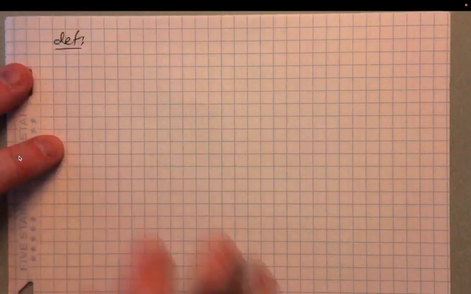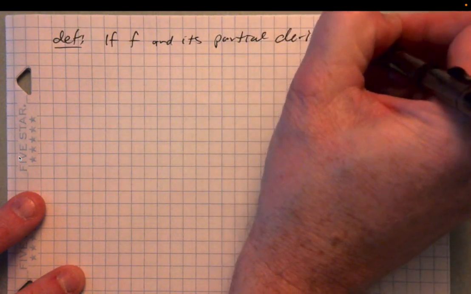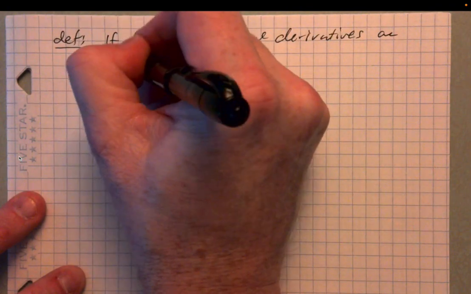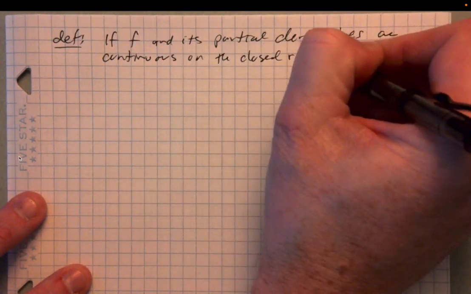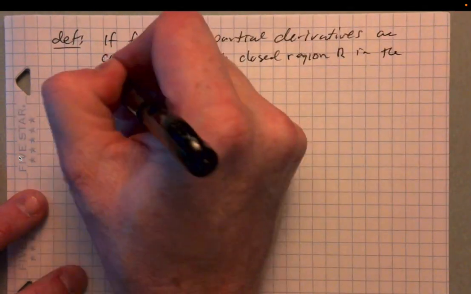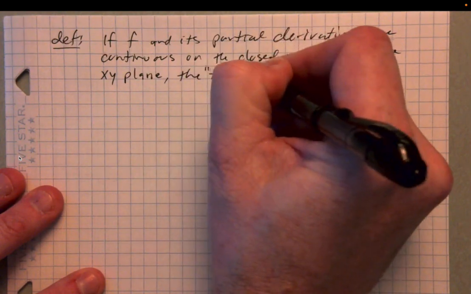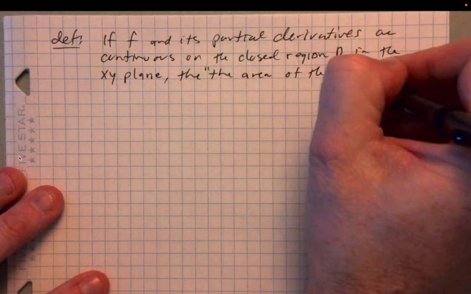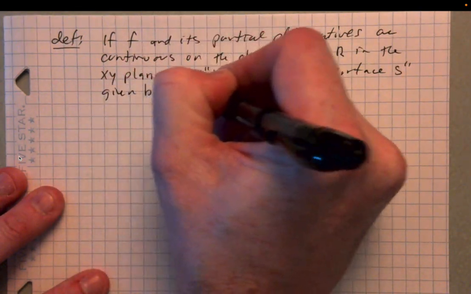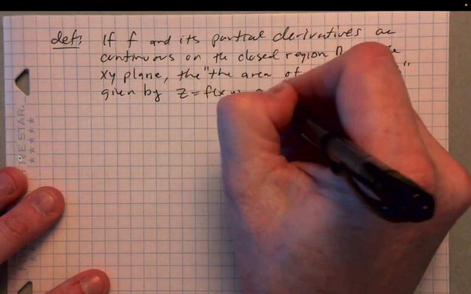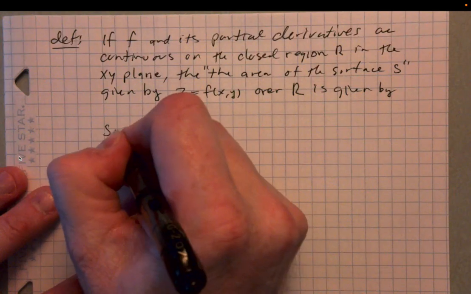Okay, so definition. If f and its partial derivatives are continuous on a closed region R in the xy plane, then the area of the surface S given by z equals f of x, y over R is given by, okay, and so it's a simple thing here,